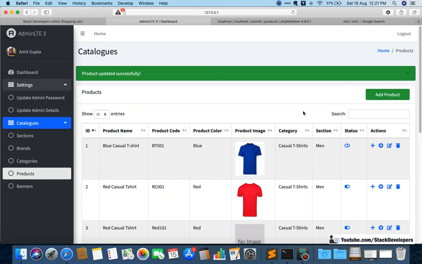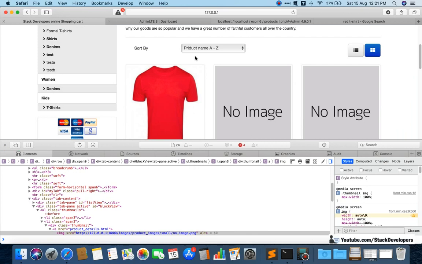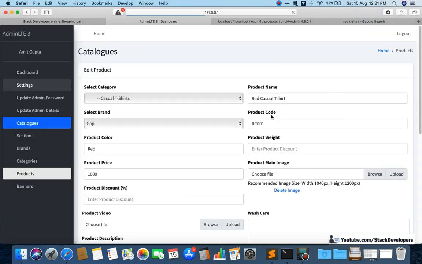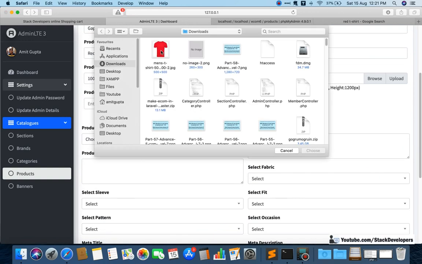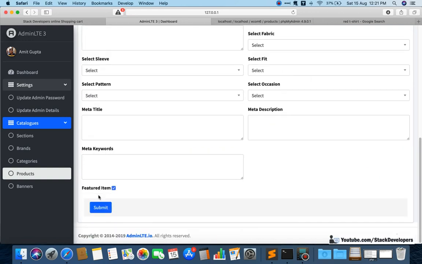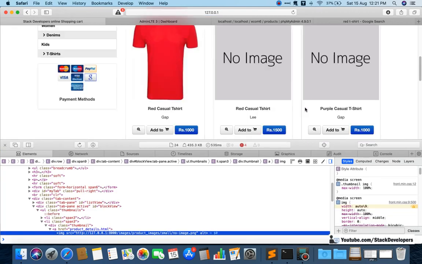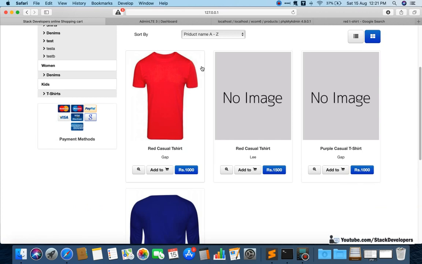Make sure that the image is correct. Here it looks fine, but here it does not look that fine. So we can change the size. Let us try another one. Still it looks the same, and we can reduce its height as well.